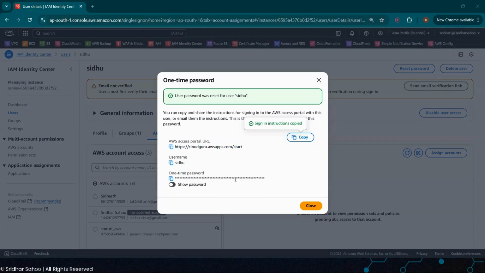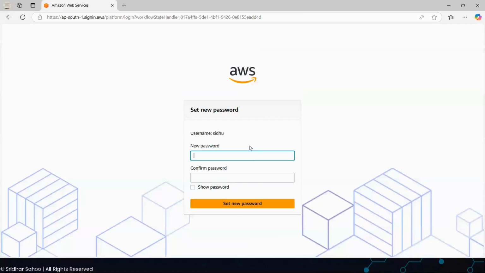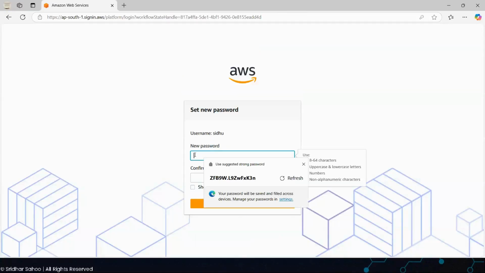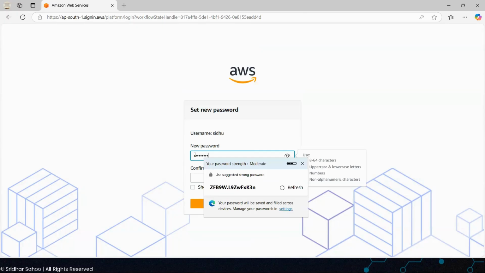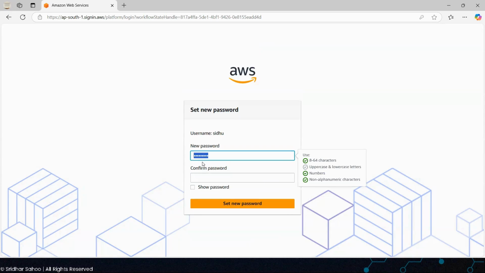Okay. Let me log in with the password. It's generated. It will ask you to change your password. New password I am giving. Let's say